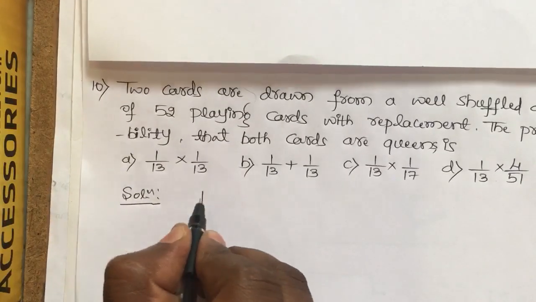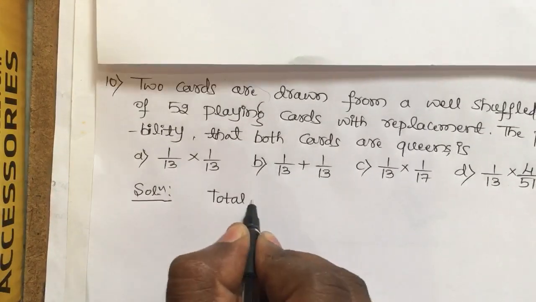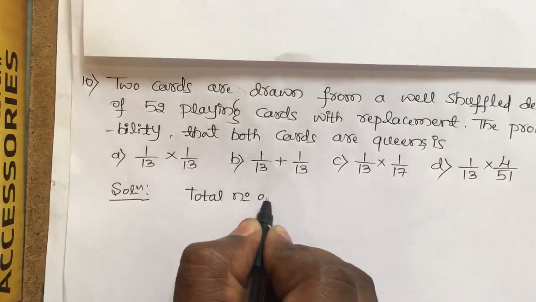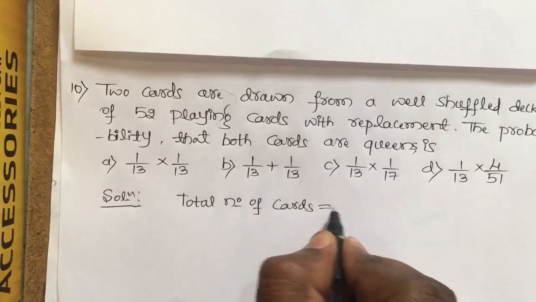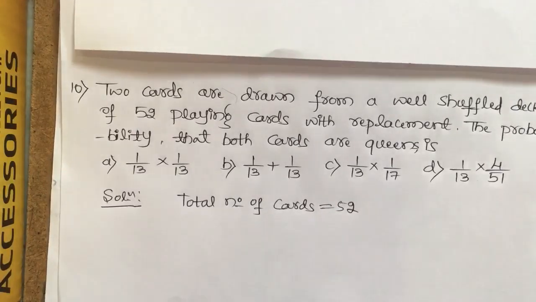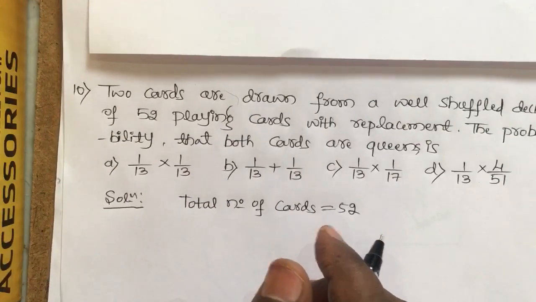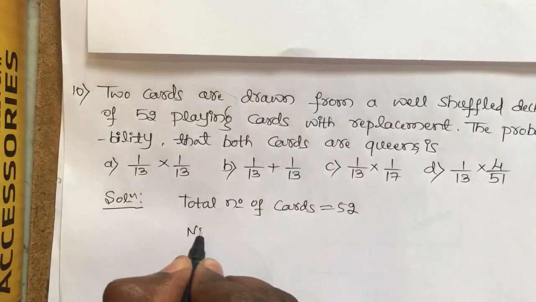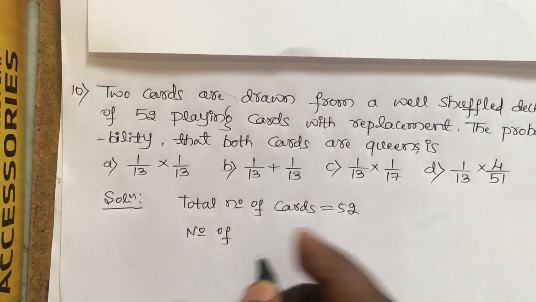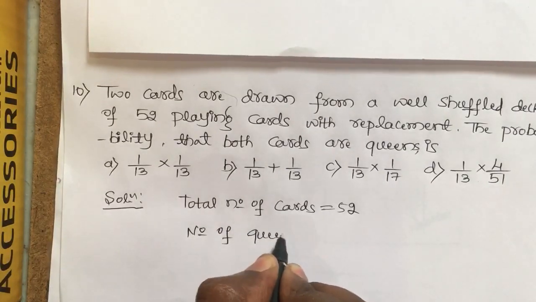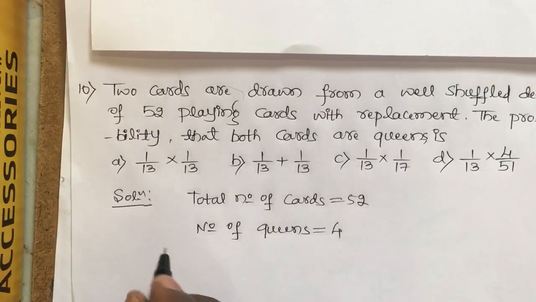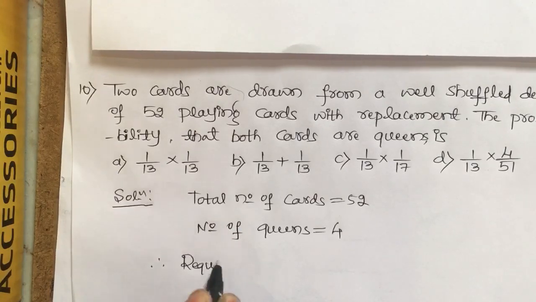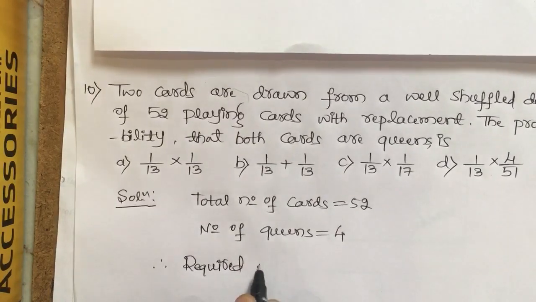So total number of cards equal to 52, and number of queens is equal to 4. So now we'll go for the required probability. Therefore, required probability